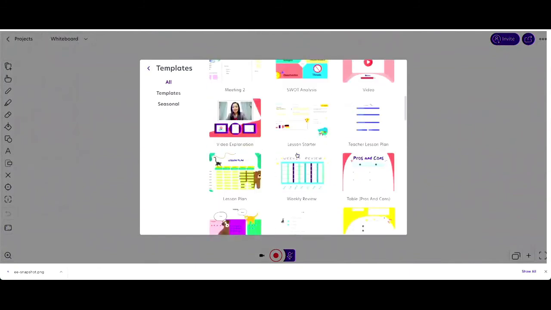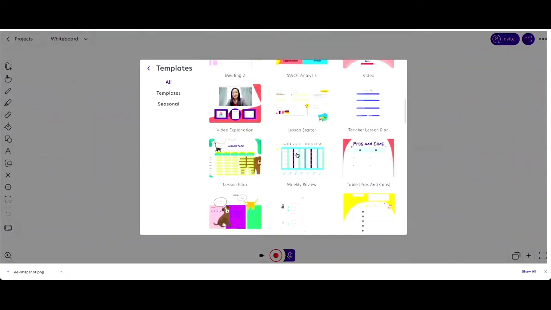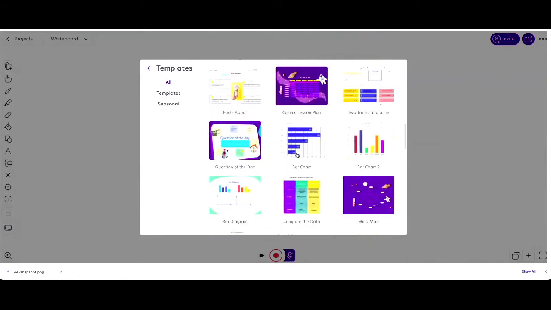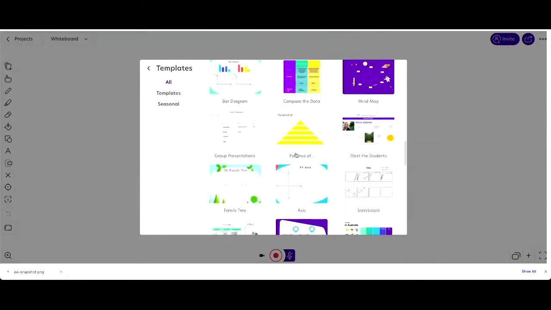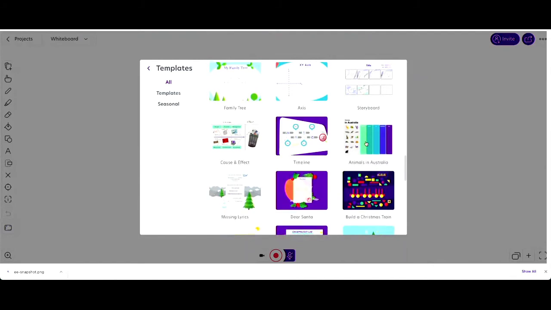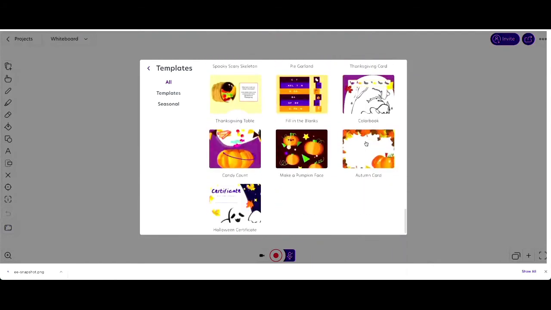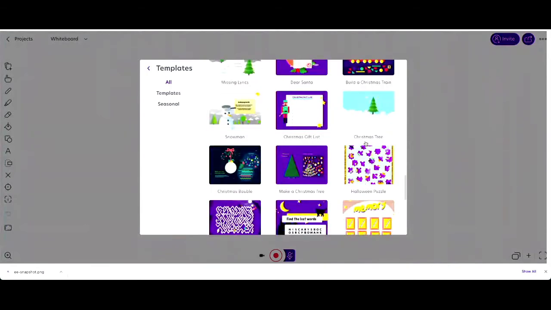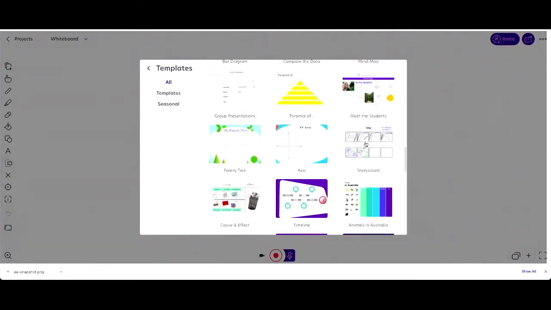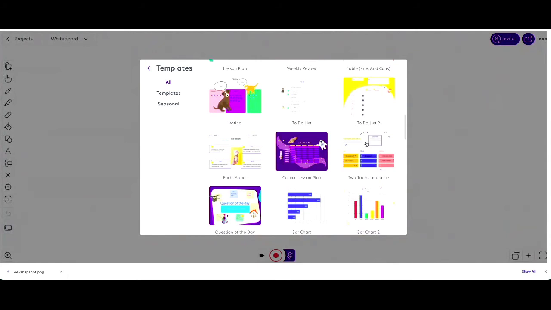So there are some Venn diagrams, there's meeting stuff, lesson plans, graphs, there's a storyboard, then you've got some other holiday themed things. So let's grab